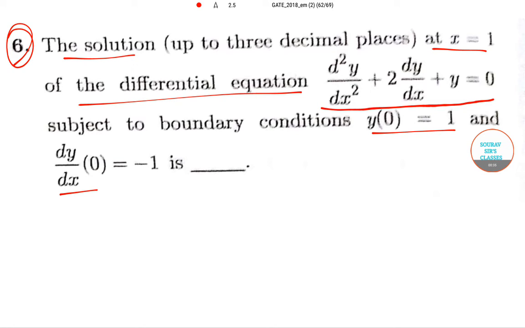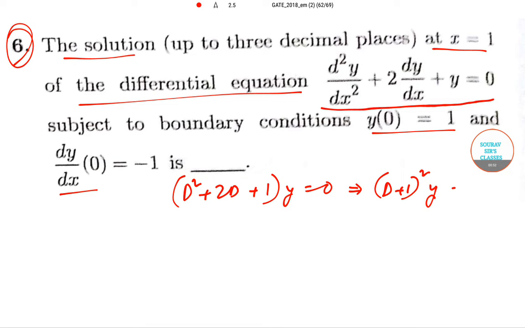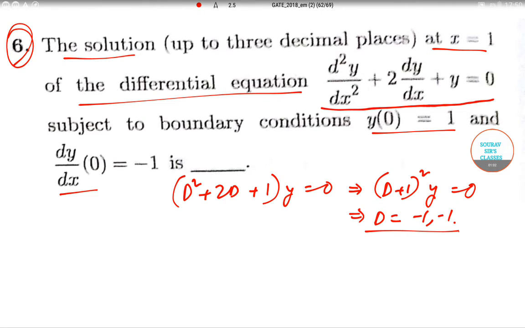to 0. We can write it in another form like (D square plus twice of D plus 1) into y is equal to 0. So this can be written down as (D plus 1) whole square y is equal to 0, and that would imply that D is equal to minus 1 and minus 1. So this is repeated over here, and if such a repeated value exists, then complementary function